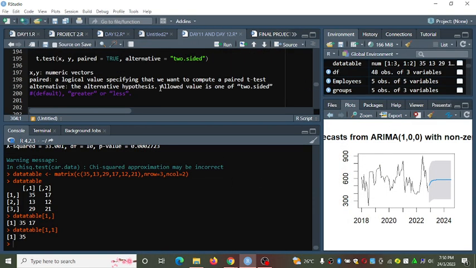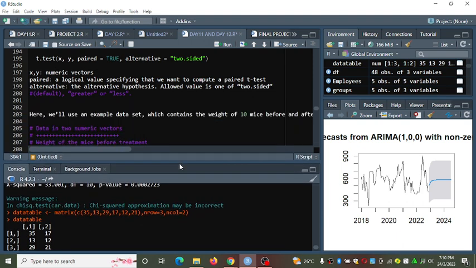Now we have something that we call markdown. Imagine you can write all your project from the start up to the end using R Studio.